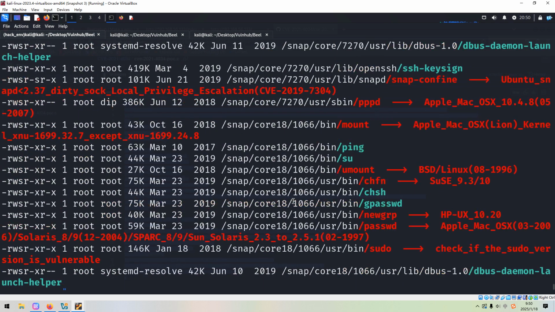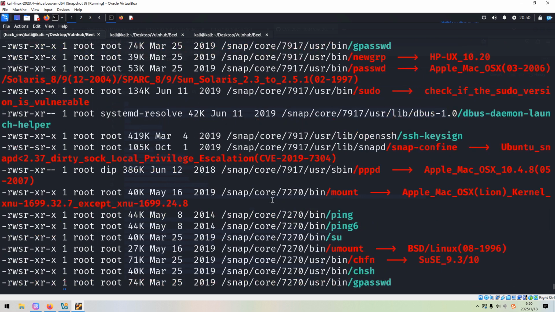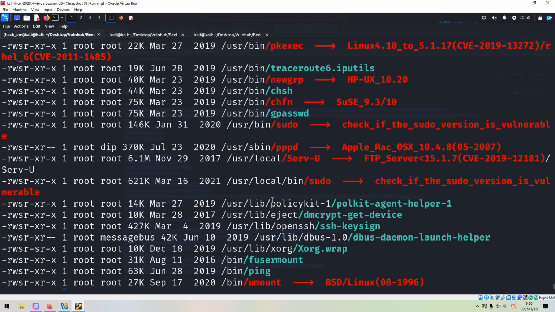SUID bit. This one, I don't think this is an effective way. Let's continue. Oh, we found this one. So maybe we can try to, because this one has SUID bit,